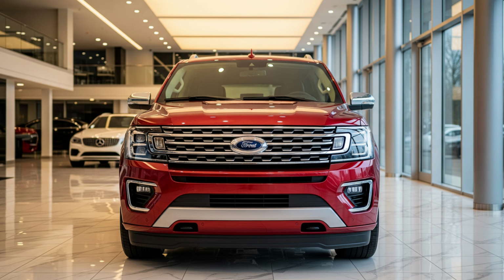The Ford Expedition isn't just an SUV. It's presence, power, and luxury rolled into one. At the front, the bold grille stretches wide, commanding the road with confidence, framed by signature LED headlights that shine